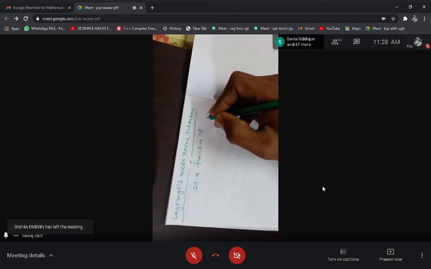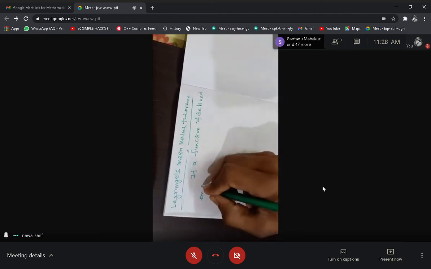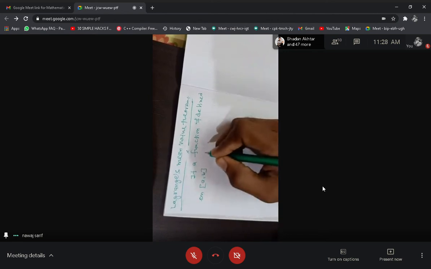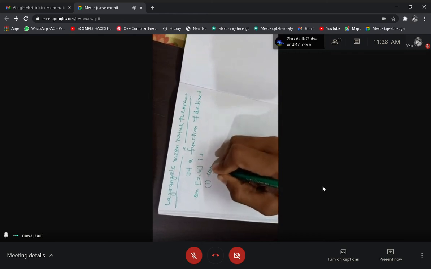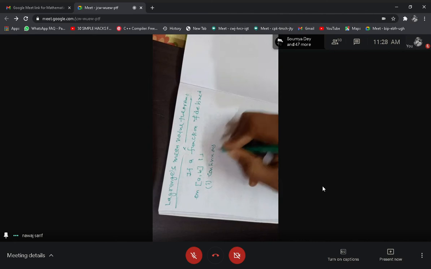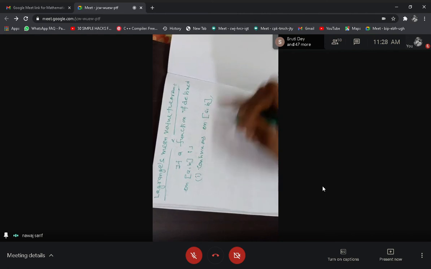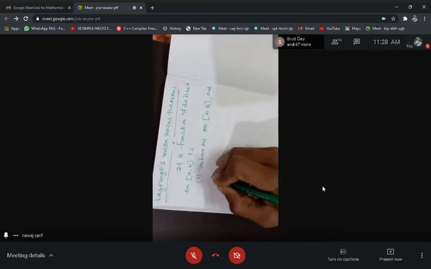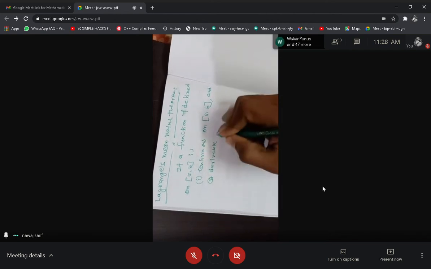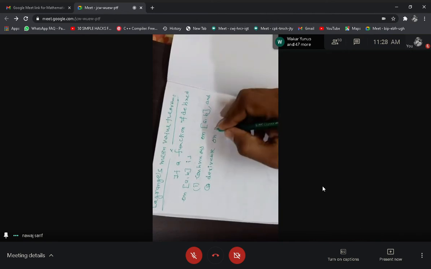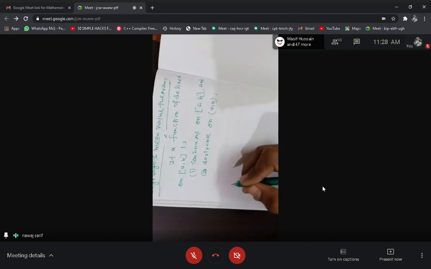f defined on closed interval AB is, number 1, continuous on AB, and number 2, derivable on open interval AB, then this tells us that